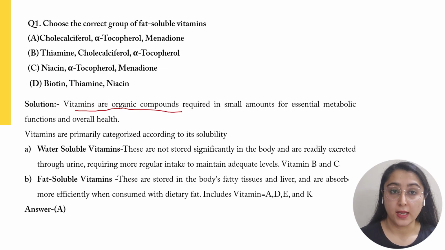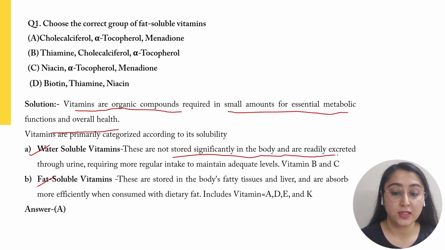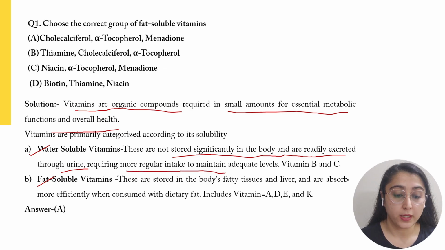Vitamins are basically organic compounds which are required in small amounts for essential metabolic function and overall health by the body, and they are categorized on the basis of their solubility as water soluble and fat soluble. Now water soluble vitamins are not stored significantly in the body because they're readily excreted by urine since they are soluble in water, and therefore we need regular intake to maintain adequate levels, and this includes vitamin